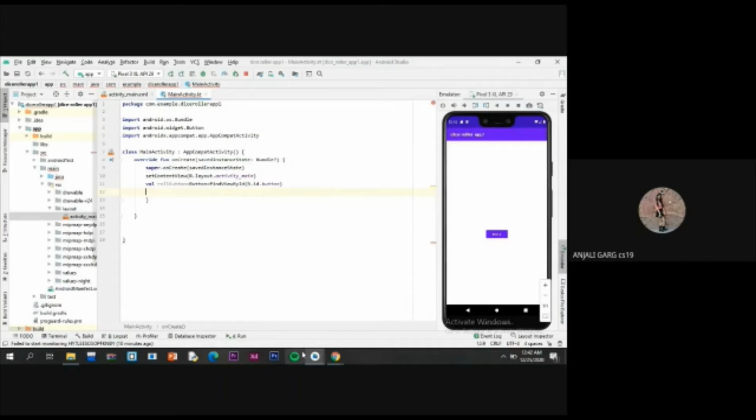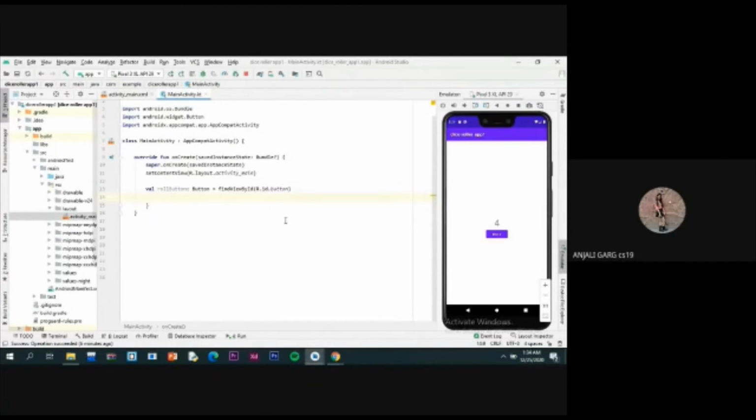Okay, now let's do more coding. Now we have to add the logic of dice roll. So we have to do some coding. You can see the code in the code lab also, but I am writing the whole code because for a better understanding, I think I have to write the complete code.